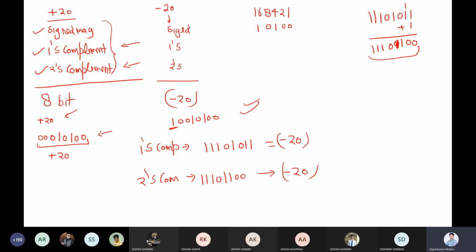One small doubt, sir. Sir, this binary representation we do, is it mostly in 8 bits? No, it is not compulsory. It depends upon the system. For example, if you have a 32-bit system, then the sequence will be 32 bits. Sir, then how do we convert to binary? Here we do 32 16 8 4 2 1, right? Will it be the same for 32 bits, sir? So yes, definitely: 2 to the power 0, then 2 to the power 1, 2 to the power 2, 2 to the power 3, and so on up to 2 to the power 31.